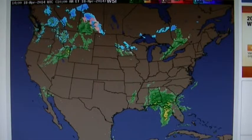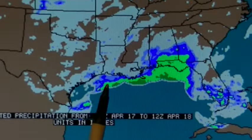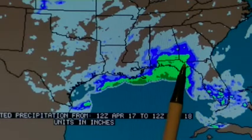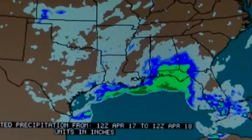Oh, one other thing I wanted to show you on this rain total. Look how heavy it rains over the Gulf Coast. Look at that. It's amazing. A little bit of it got inland in Georgia and Florida Panhandle, but look at all that heavy rain right off the coast. That is because the supercomputer can calculate where to put the Haarp downburst and where to put the chemtrails to keep that rain off of the land. So that is no